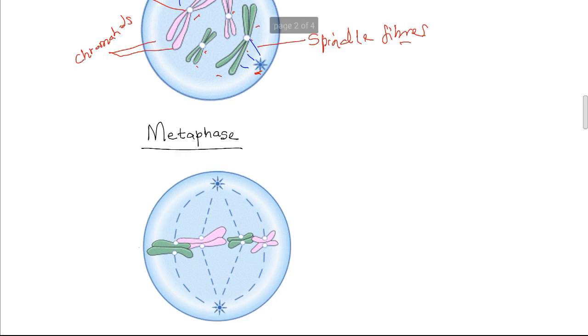Metaphase is characterized by the following features. Now, the nuclear membrane has completely broken down and disappeared, and the chromosomes are free within the cytoplasm. The spindle fibers lengthen, and in animal cells, they attach to the centrioles at both ends of the cell. So here we have the centrioles. The spindle fibers have lengthened,